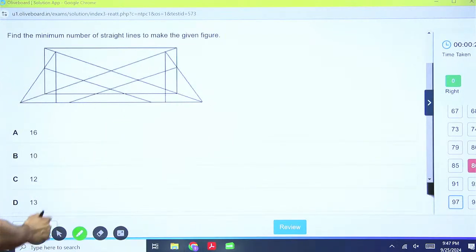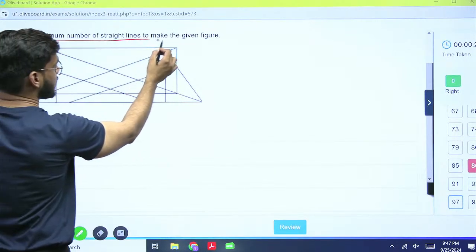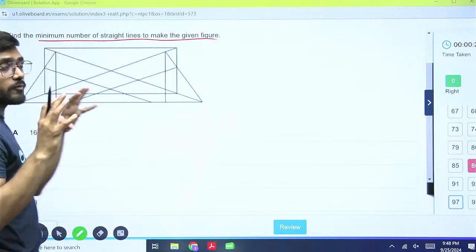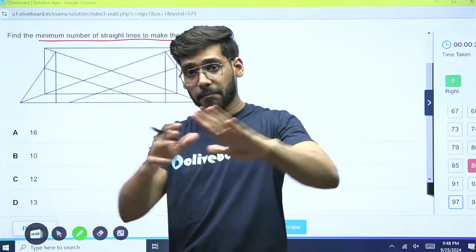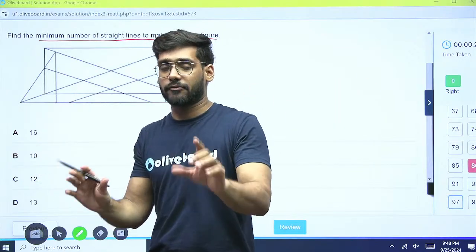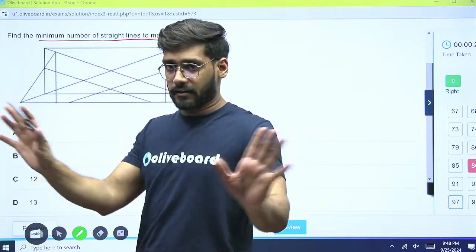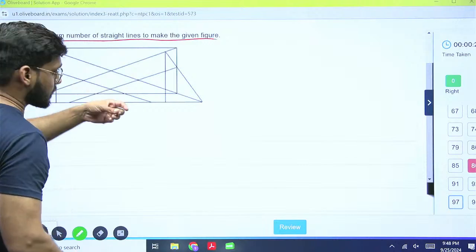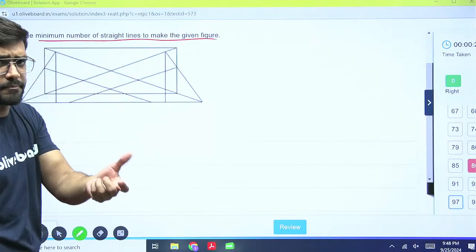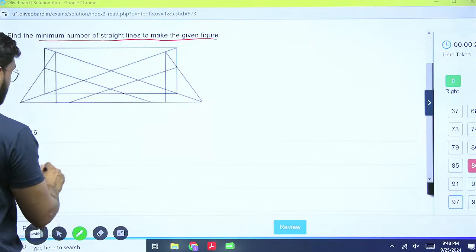In the question it is given, find the minimum number of straight lines to make the given figure. We have to find the minimum number of straight lines. Whenever it is given minimum number of straight lines, we have to find a bigger line which is connected from one end to another end. Bigger line we have to find, because we are given the minimum. Least line. Minimum means least one. So let's see,